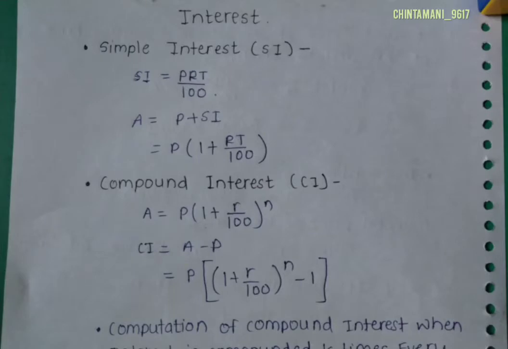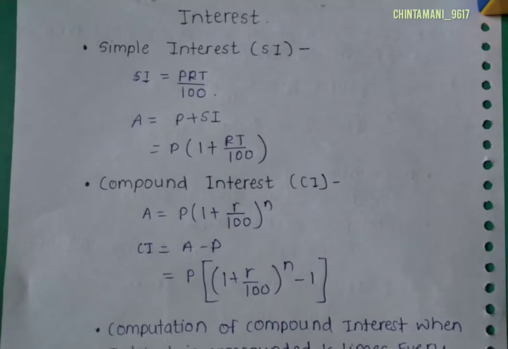We are going to learn about interest, that is simple interest and compound interest. Interest is an important chapter of our commercial arithmetic. Interest is the fee paid by a borrower of assets to the owner as compensation for the use of the assets. The concept of simple and compound interest is simple, but it requires a clear understanding of percentage calculation. A clear understanding of percentage calculation will improve your speed in solving questions on interest. So let's talk about interest.